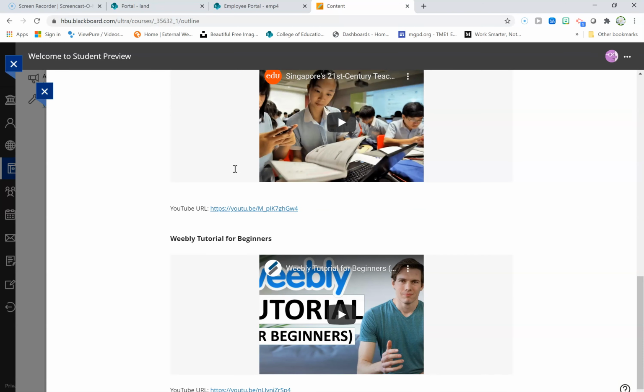And then there's also a tutorial for beginners focusing upon Weebly. And Weebly is the tool that we will be using to develop digital portfolios for the Master of Science in Learning, Technology, and Design program. In case you are unfamiliar with Weebly, this is an excellent time to begin getting acquainted with this awesome digital tool. If you are familiar, there's no need to view this video, but if you've never used Weebly before,